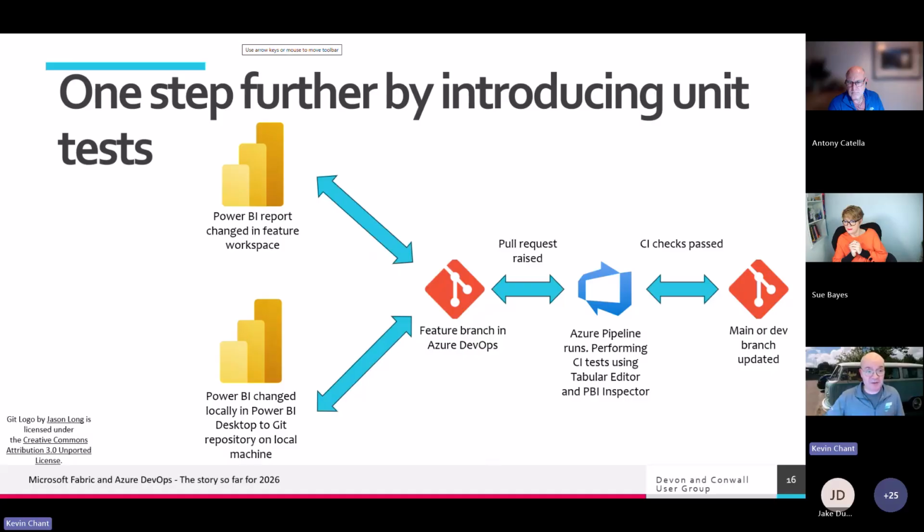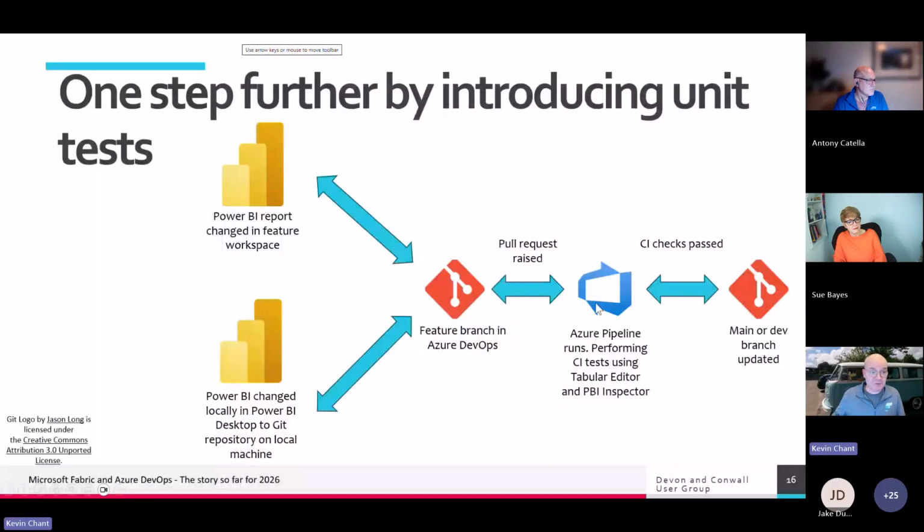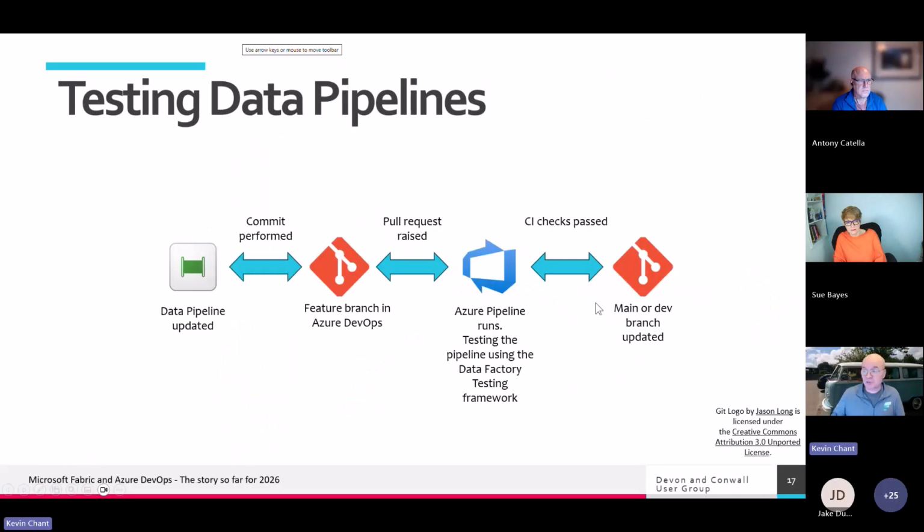And I actually recommend, going back to what people were talking about earlier, with the recommended development process, to introduce unit tests. So when you make your changes, for example, locally or in Fabric, when you go to do your pull request from your feature branch to, say, your main or dev branch, you can actually have an Azure pipeline run that will do checks with Best Practices Analyzer or with PBI Inspector, etc. Doesn't have to be just Power BI reports. You can also do automated tests for things like data pipelines as well, using what is known as the Data